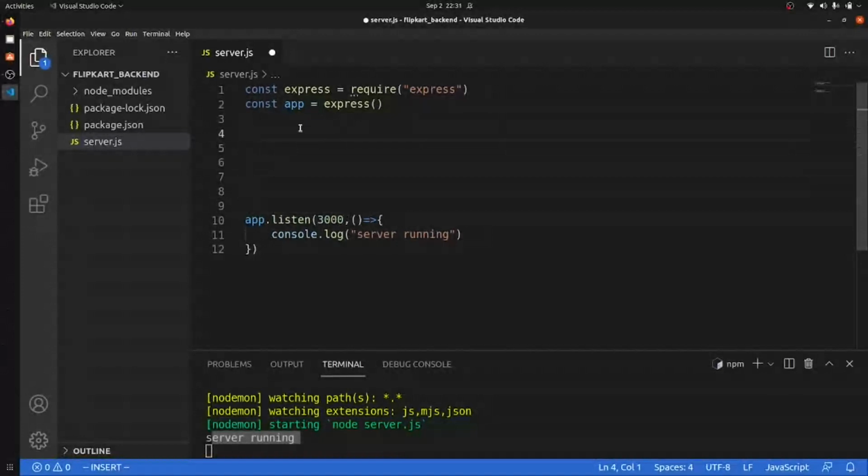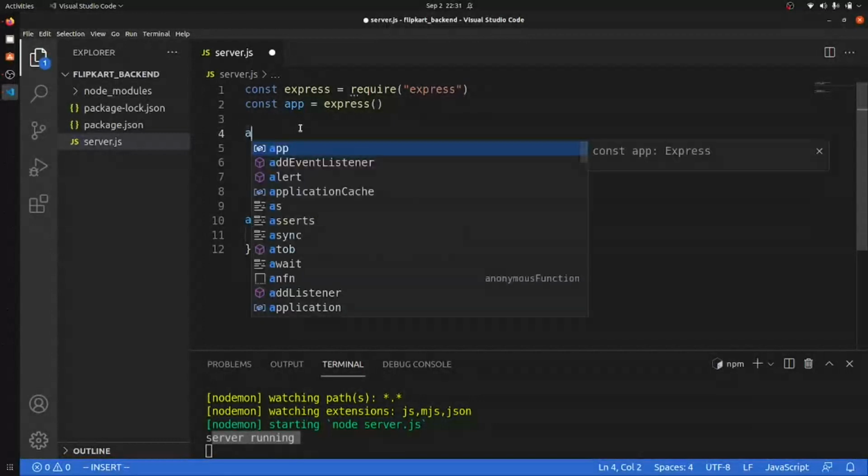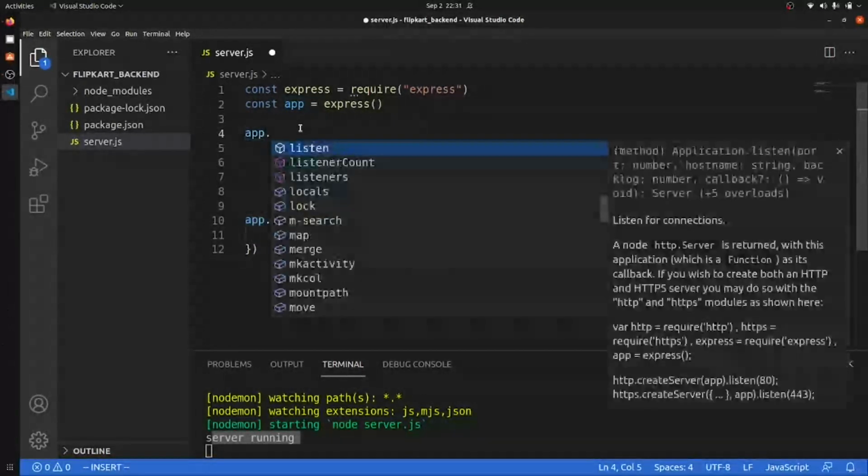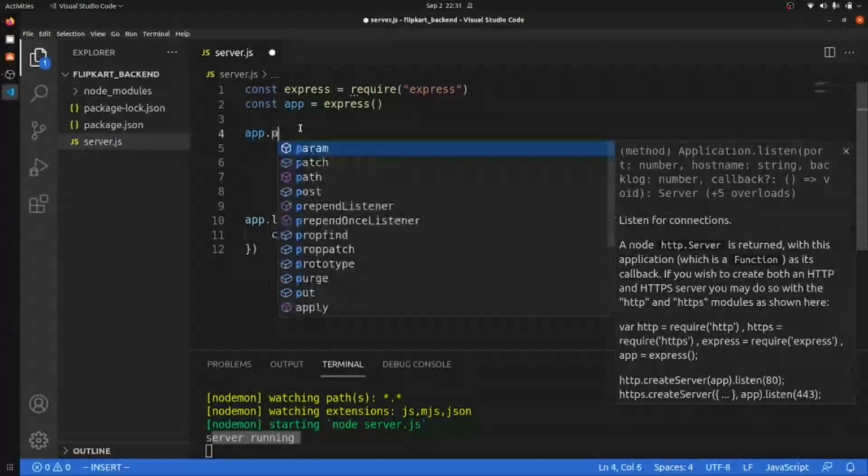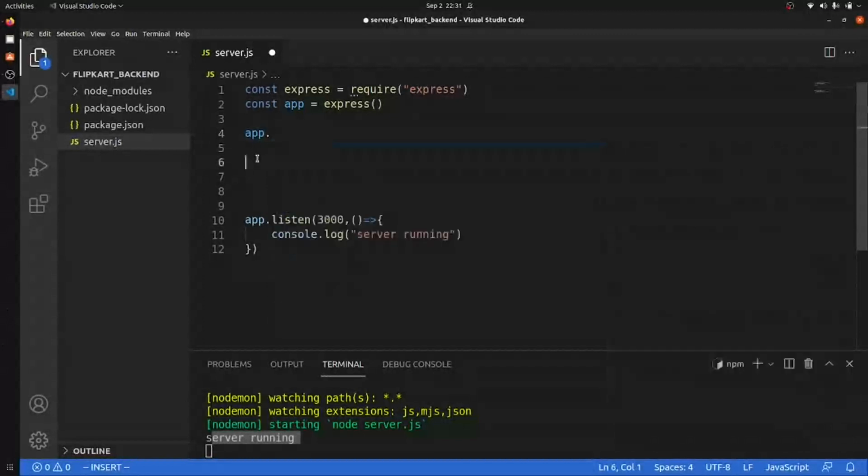Firstly, we will create an app route to get the OTP. We have to create a route so that when we give a number, our application takes that number and sends an OTP.